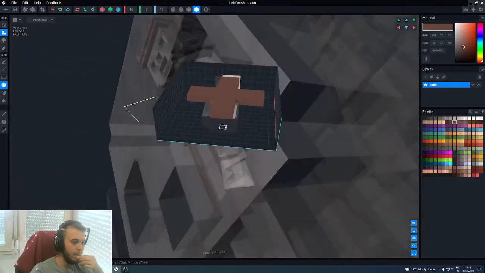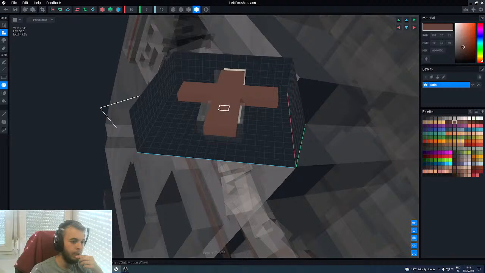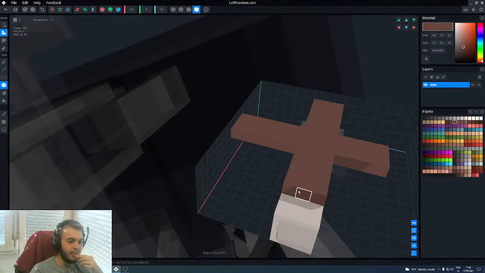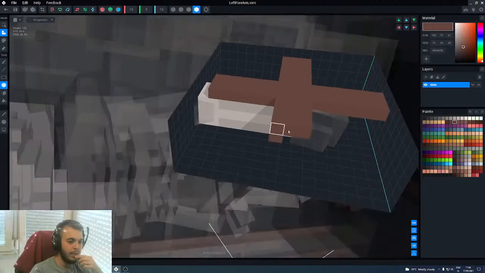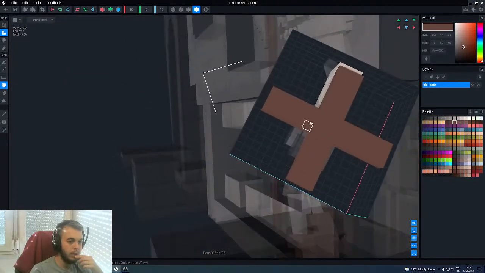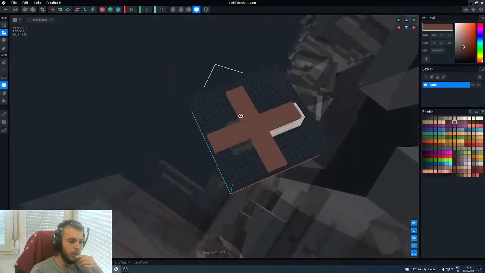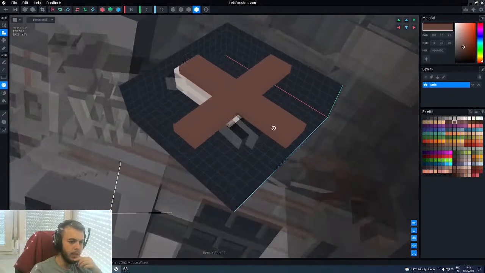Okay. Maybe we can extend it a little bit further, just because we have enough space. So here and here. Let's see, 1, 2, 3, 4, 5, 6. 1, 2, 3, 4, 5, 6. All right. Now